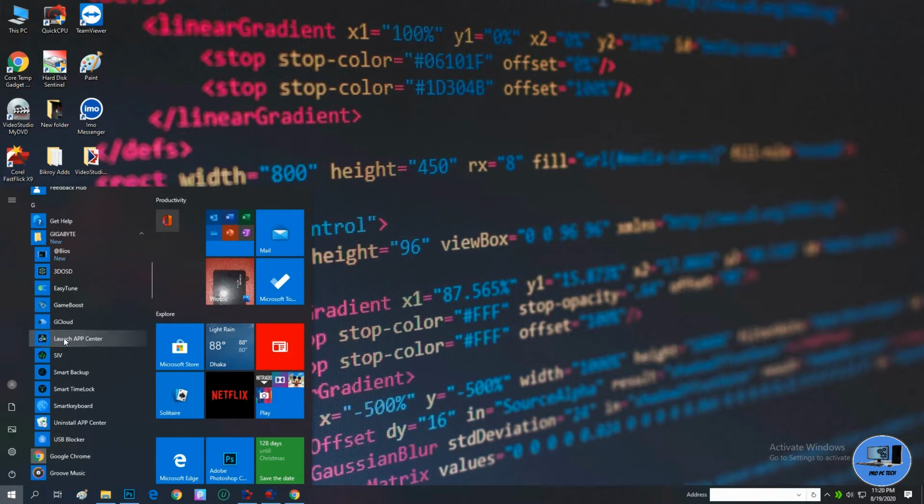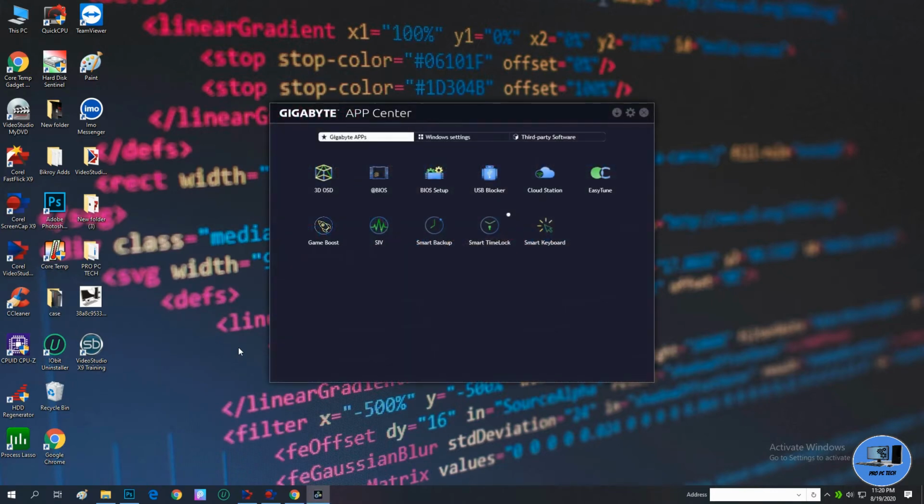So first I'm going to show you guys the App Center. So I'm going to click it. As you can see, I clicked App Center, and in this App Center there are lots of features like I showed before from my start menu, and there is 3D OSD, BIOS setup, USB blocker, cloud station, EasyTune, Game Boost, SIV, Smart Backup, Smart Time Clock, Smart Keyboard.